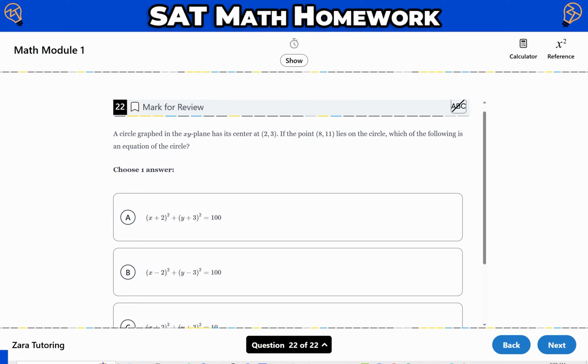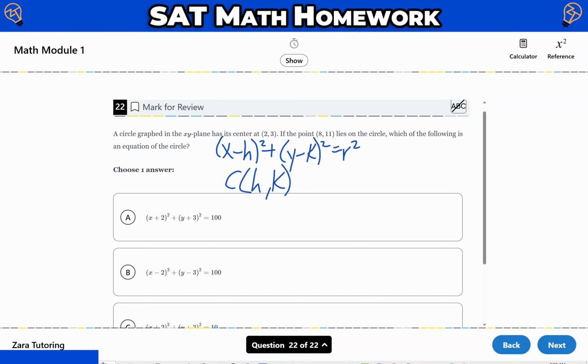Now, for us to be able to come up with this equation for a circle, we need to be aware of the standard equation. It is the quantity x minus h squared plus the quantity y minus k squared is equal to r squared, where the center is (h, k). In other words, because it's (h, k) and in the equation these are both negatives,